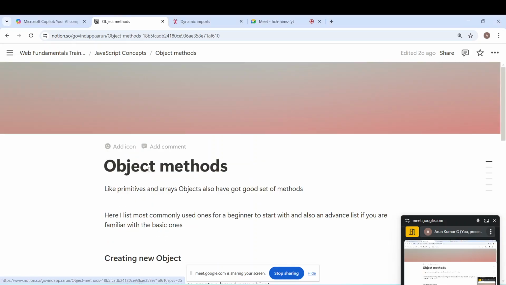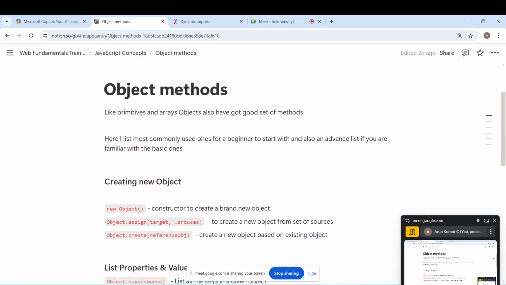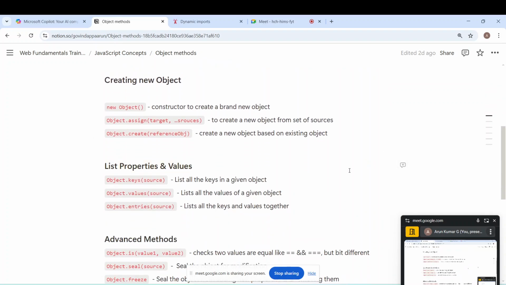To start with, let us see what object methods are. In earlier classes, if you remember, we discussed methods of primitives and methods of arrays, but we didn't get a chance to discuss object methods. So here we're going to have that discussion. Now, from the basics of JavaScript objects, you know that